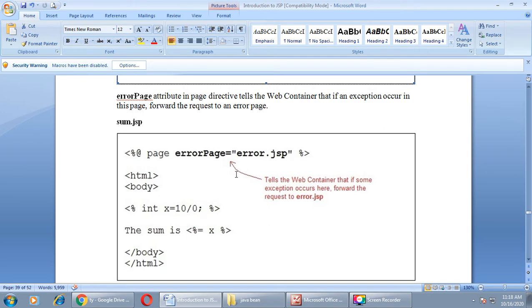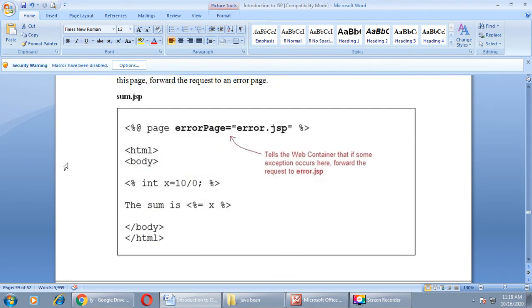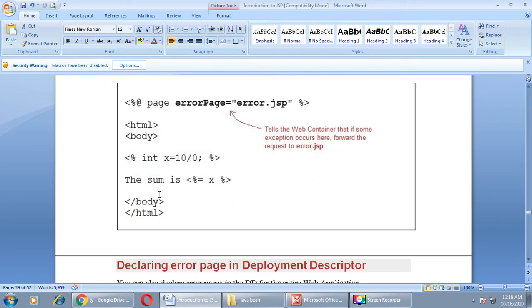This tells the web container that if some exception occurs in this page, forward your request to error.jsp. Here we have a division problem, right? We are trying to divide 10 by 0. This will create an error and we will be redirected to the error.jsp page.